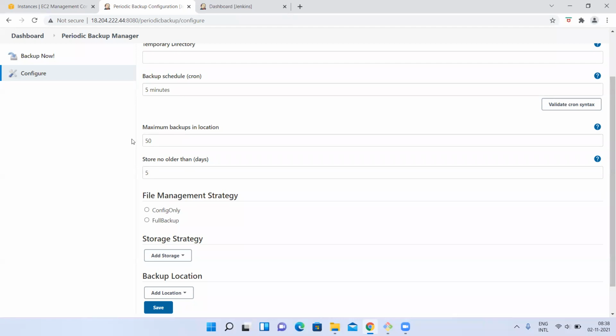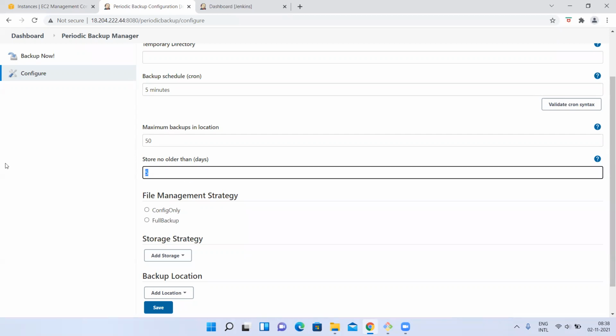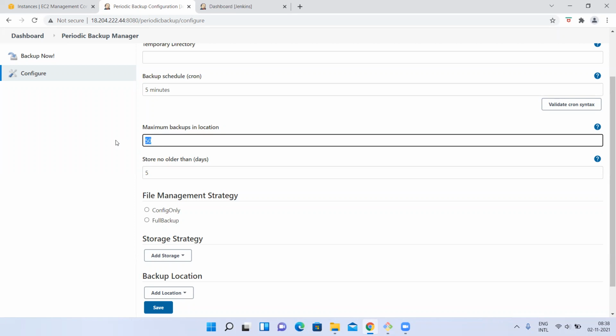If there are few things which are older than 50, right? Those 51, the latest 50 it will store, the previous ones will be deleted automatically. But in that case also, even in this 50, if there are few jobs which are older than 5 days, even those will be deleted. So maximum I need 5.